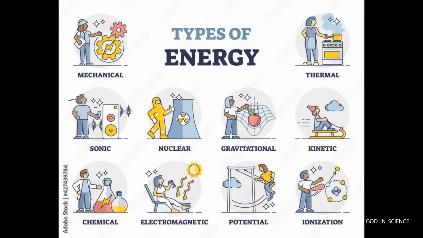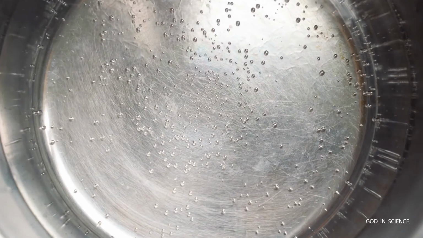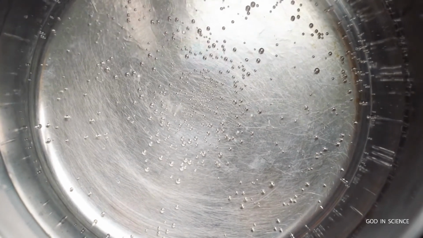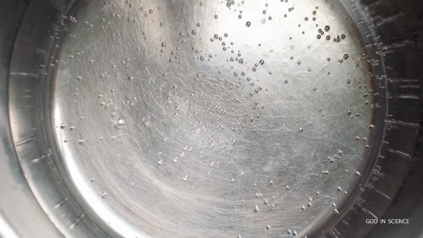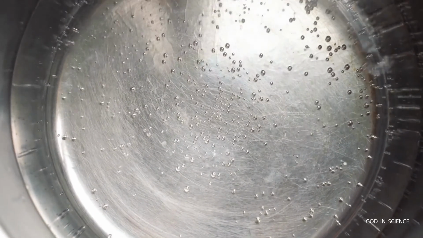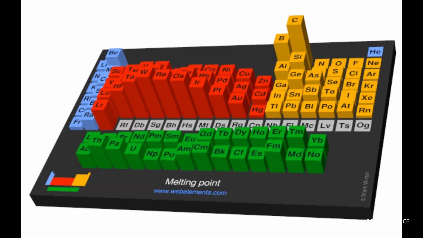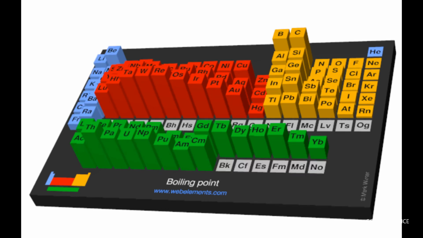There are many different types of energy. Every type of energy works with each element uniquely and differently. Every molecule of water boils at the same temperature, which is 100 degrees Celsius or 212 degrees Fahrenheit. How does every water molecule boil at the same temperature? Every element has different but precise melting and boiling temperatures. In other words, every atom, depending on which element it belongs to, knows the precise melting and boiling temperatures.